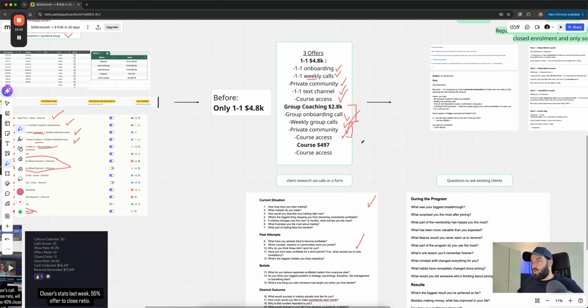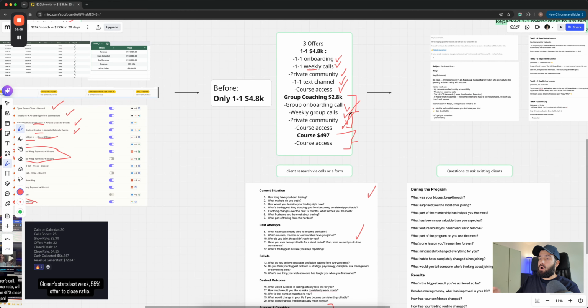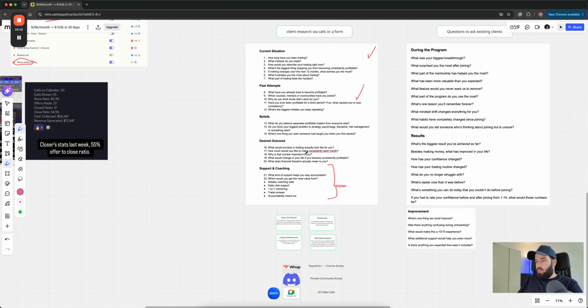access. If the phone setter calls up and they don't qualify for the full offer, they will just immediately downsell to this offer for just the course access, which is $497. And believe me, we were able to get like one to three a day of these, which really adds up to the end of the month cash collected. And the phone setter will just do this right away on the phone. I trained him to just take the payment literally on the phone. He'll send the link and stuff, and he'll explain to them, this is a great starting point, unfortunately not a good fit for the actual coaching or one-on-one. And that's how we restructured the offer, basically based on what the audience actually told us they want.